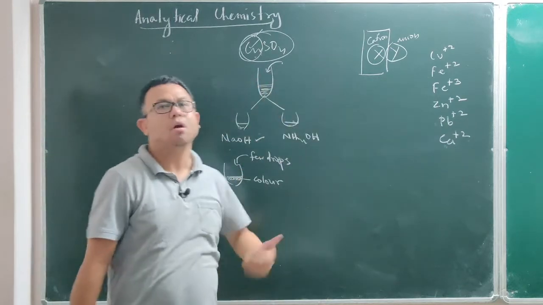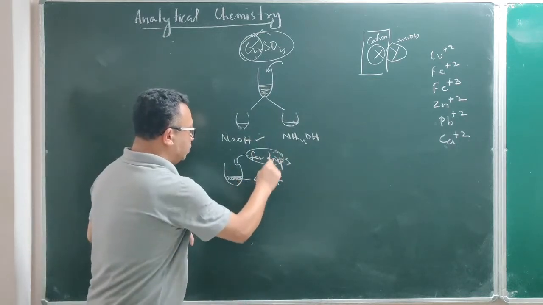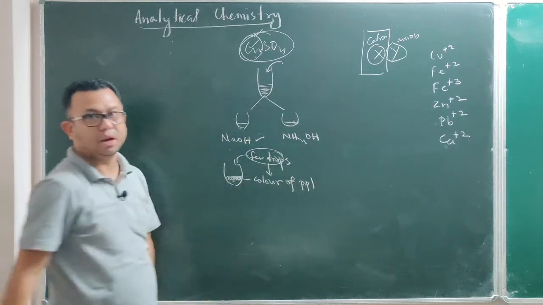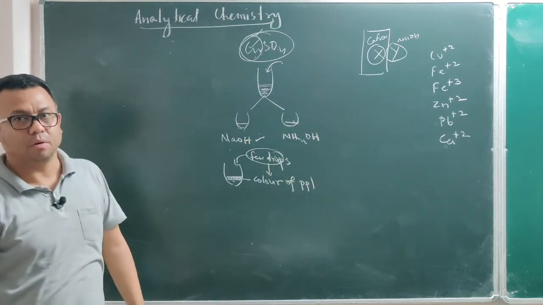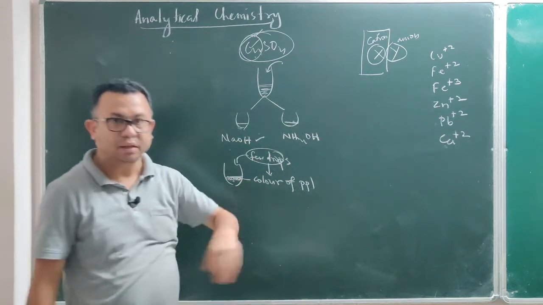Now I am going to give you a chart of the different colors that you will see. So by adding a few drops, you have to see what is the color of the precipitate. So as I said, different colors will come out. So first, a few drops. Now once you have seen the color of the precipitate, the next thing that you